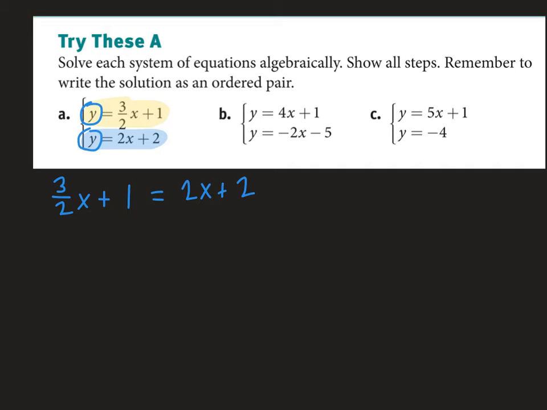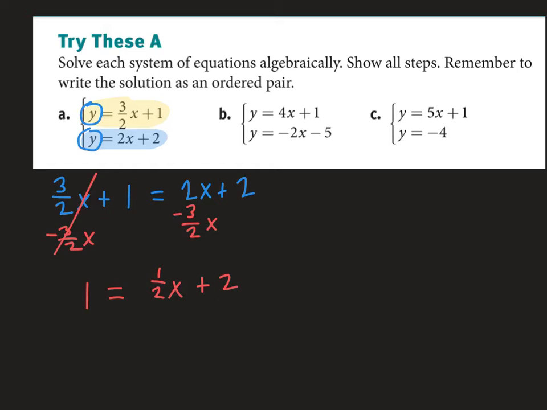And since there are x's on both sides, we're going to subtract. Let's subtract the smaller one so we don't get a negative. So 3/2 is actually smaller than 2, right? 3/2 is like 1.5. So I'm going to subtract 3/2 x from both sides. That'll cancel, and we'll just have 1 over here. 2 minus 3/2, again, 3/2 is 1.5, so 2 minus 1.5 is going to leave us with 1/2 x